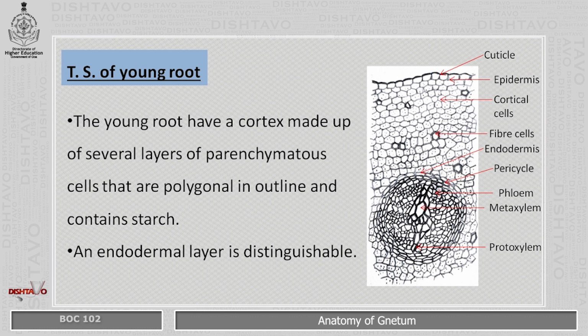On the outer sides, the cells that we see here are the phloem, and at the middle we can see the xylem part. The bigger xylem which we can see at the center is the metaxylem, and at the periphery the smaller xylem that we see is the protoxylem. Such a condition wherein the metaxylem is present at the center and protoxylem towards the periphery is called exarch, and wherein there are 2 points of xylem. As we can see in this picture as well, there are 2 points of xylem, one here and one at the bottom. Such a condition is also called diarch.